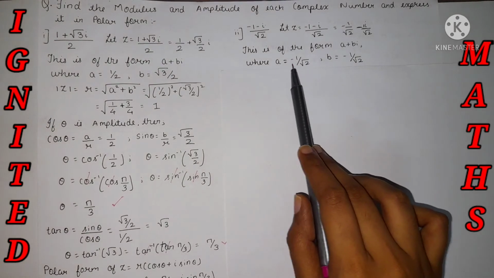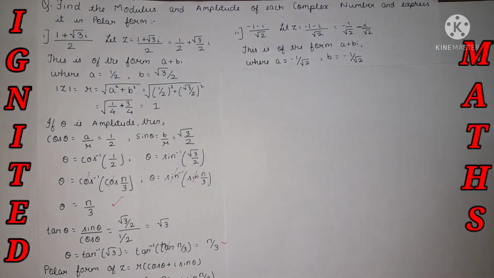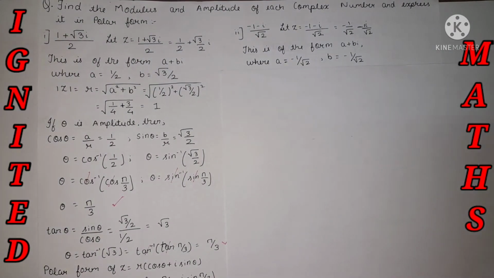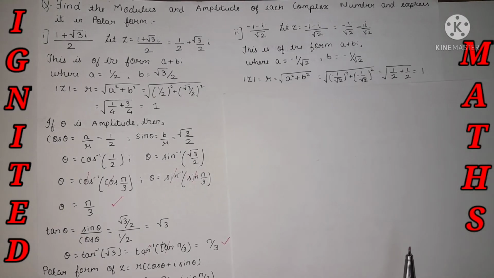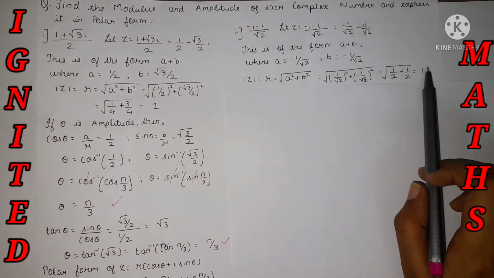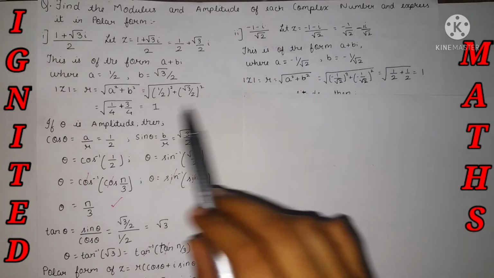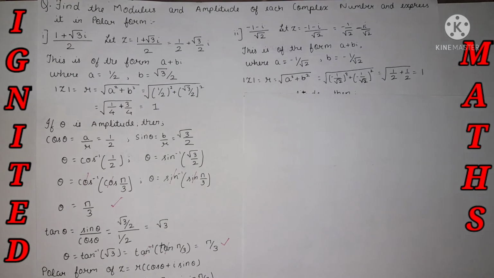Okay, this sign denotes that it lies in the third quadrant. Find the z mod value of it. It's nothing but r is equal to root a square plus b square, and we got the answer as 1. All the construction is shown over here as well, so that we can see it and identify it even more.